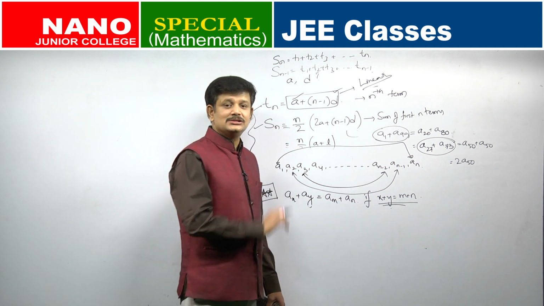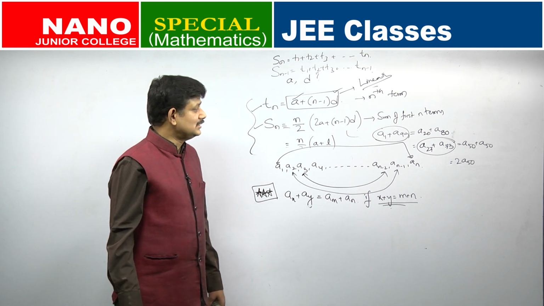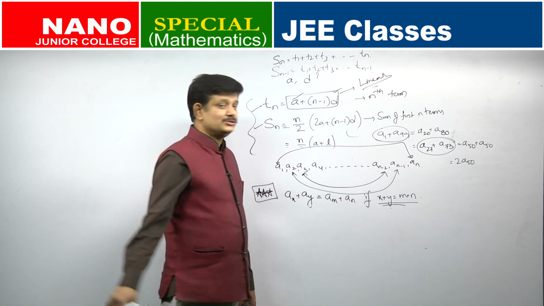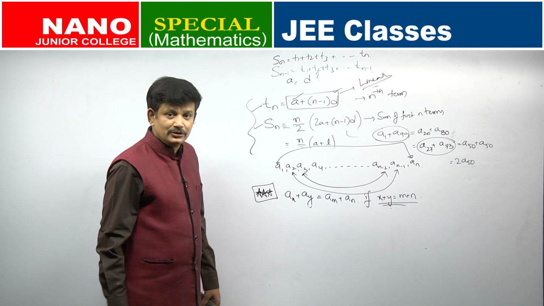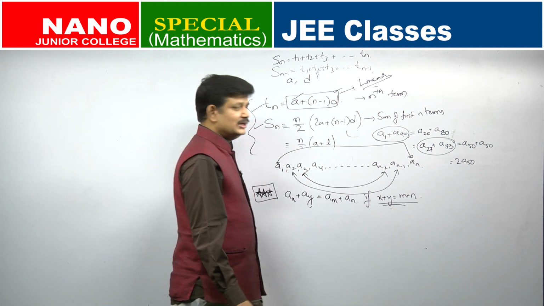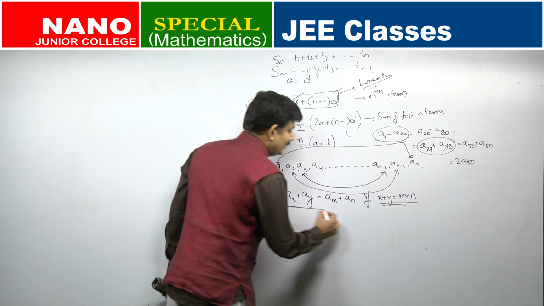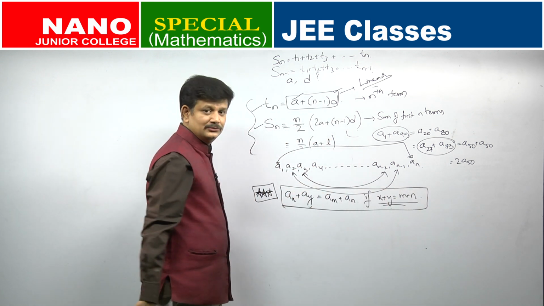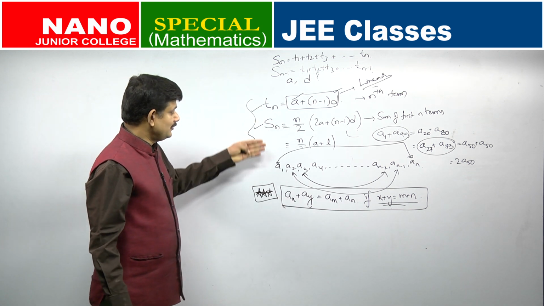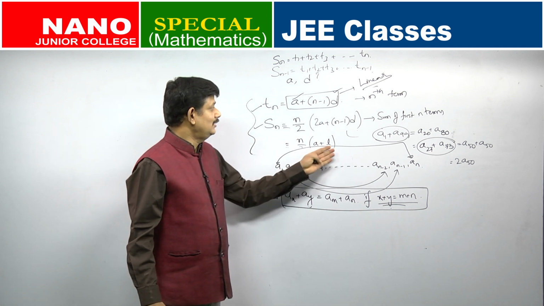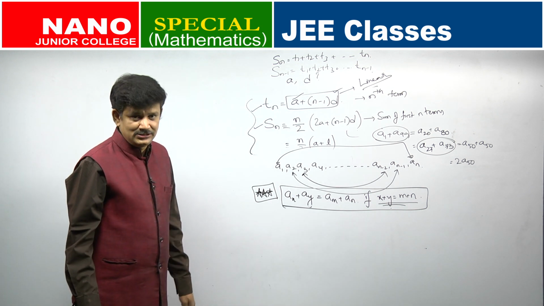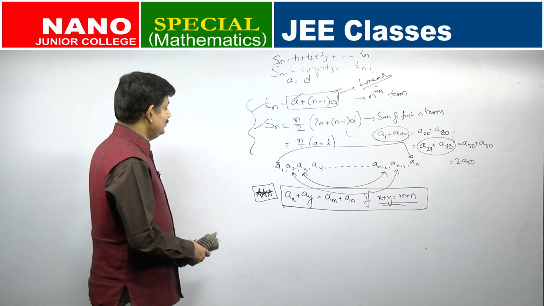Remember, this is applicable only in case of arithmetic progression. This is true only in case of arithmetic progression, and in geometric progression also some similar property will be there which is useful to you, but as such this is very useful to you only in case of arithmetic progression. Remember, what is it? Whenever x plus y is equal to m plus n, AX plus AY will be equal to AM plus AN. So these are the three properties which we have to remember, and again, given Sn, how to find Tn? Tn is equal to Sn minus Sn minus 1. Once you are through with these properties, happily we can proceed ahead for the numericals.